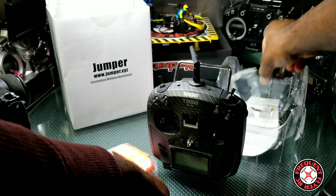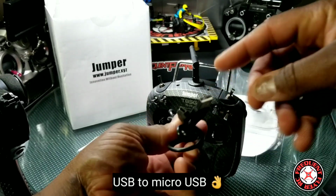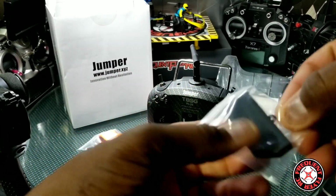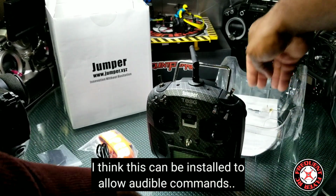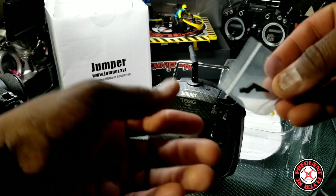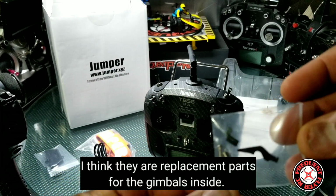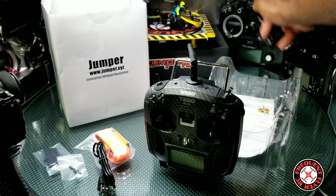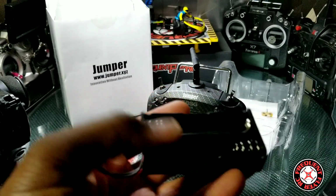So it comes with a neck strap there, or lanyard, whatever you want to call it. We have a USB, and I'm not sure what this is here. It says sound chamber, whatever that's used for, who knows. We have some parts here. Not really sure what this part is either. And we have, looks like, an option to use two